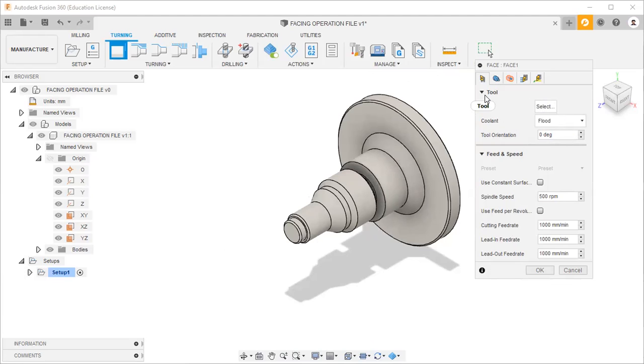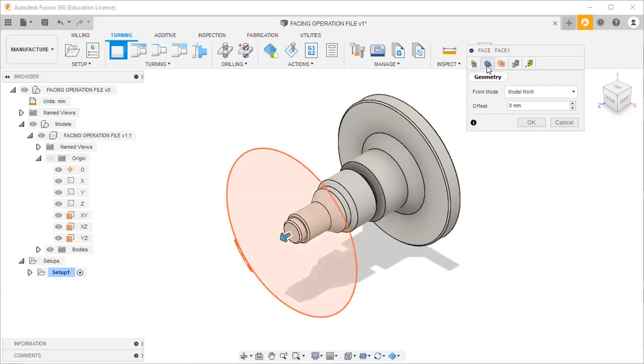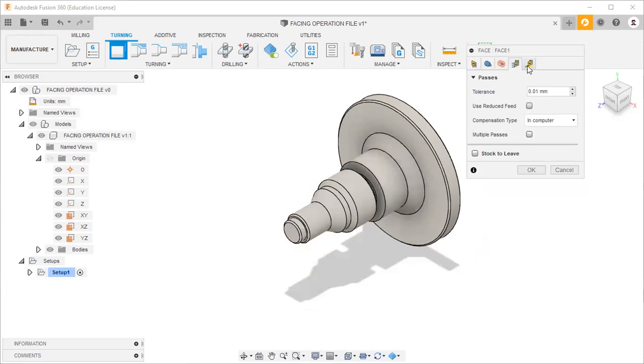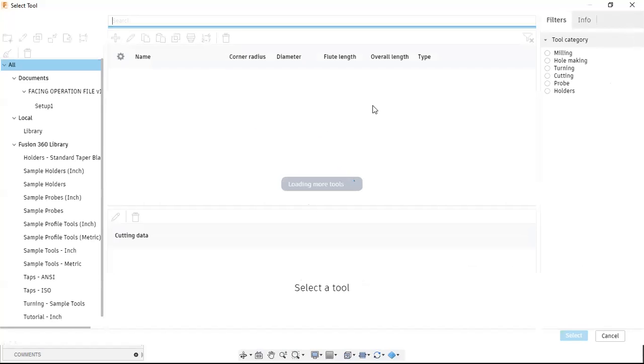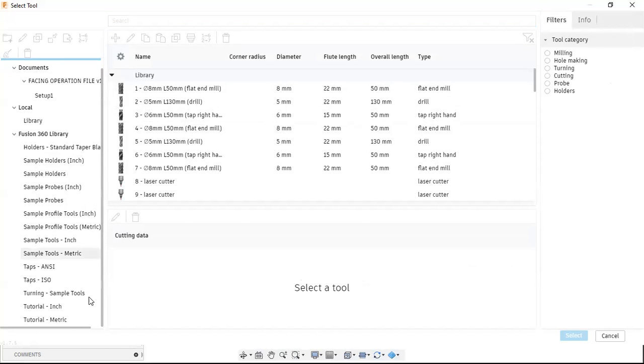Okay, so here you can select the tool. When you select the phasing strategy, you can see the first option is tool, then the second option is geometry, then radii, then passes and linking. Then here I am selecting the tool. So when you select the tool option, here on the left side you can see